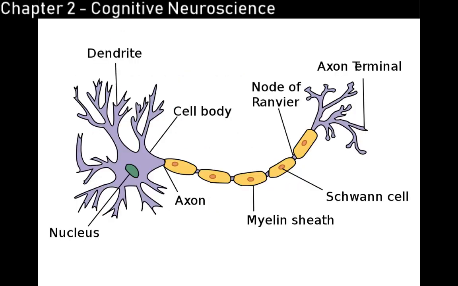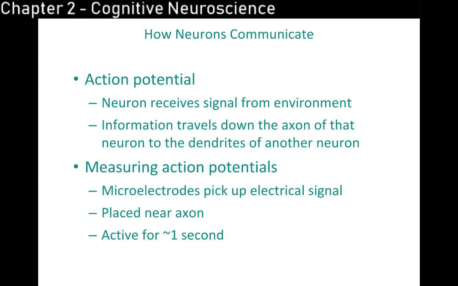Looking back at that diagram that I posted earlier, those three most important areas being the cell body, the dendrites, and the axon, moving all the way down to the axon terminal. And I have a nice video that's going to describe a bit more about how the neurons function. Now, to preface the video that we're going to watch really briefly,